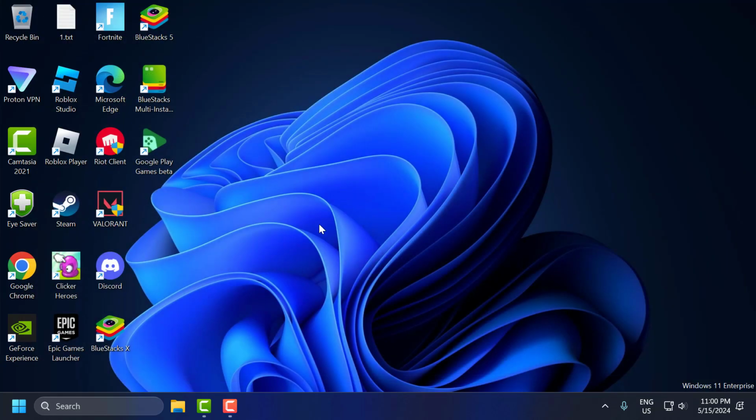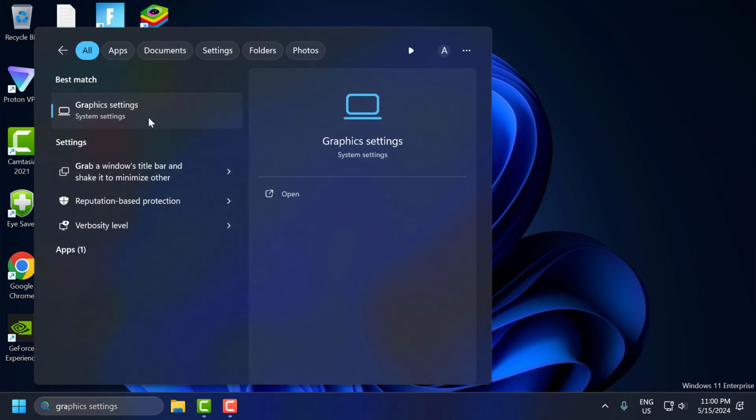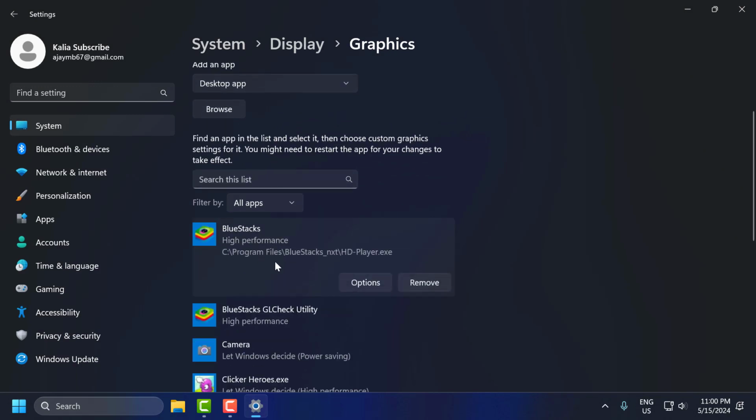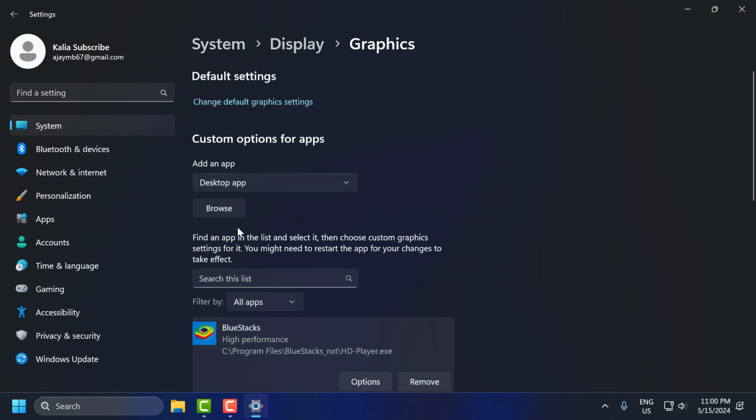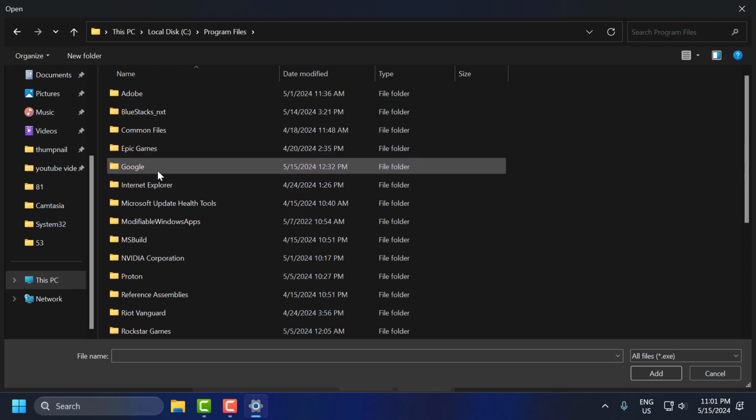The fifth step is to set BlueStacks to run in high performance. To do this, go to search menu and type graphics settings. Click on open it. In here you need to find the BlueStacks. If BlueStacks is not available in here, then you just need to select browse. Go to local disk C, program files, BlueStacks,